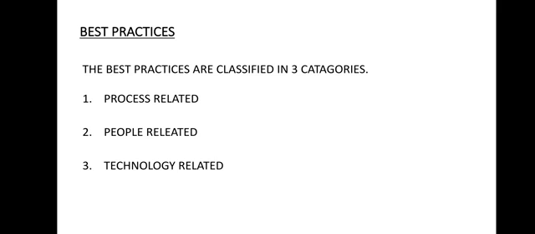Students, a strong process infrastructure and a strong process culture is very much necessary to achieve better predictability and consistency. If we have good processes and good practices for testing, then we can have a very good product. That means integrating the processes with some best practices, we can have a very good product. So we categorize the best practices or best processes in 3 categories. One is process related, second one is people related, and third one is technology related.